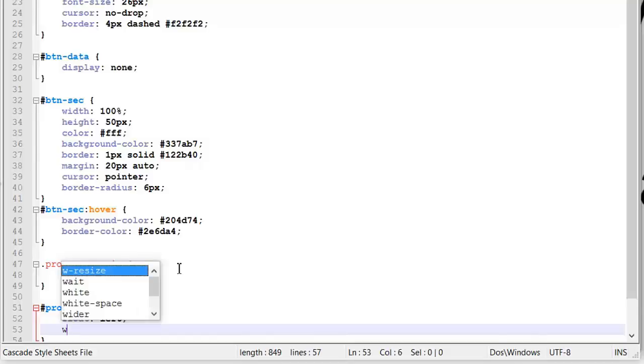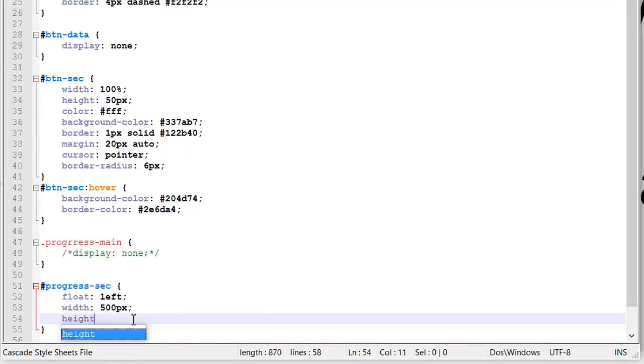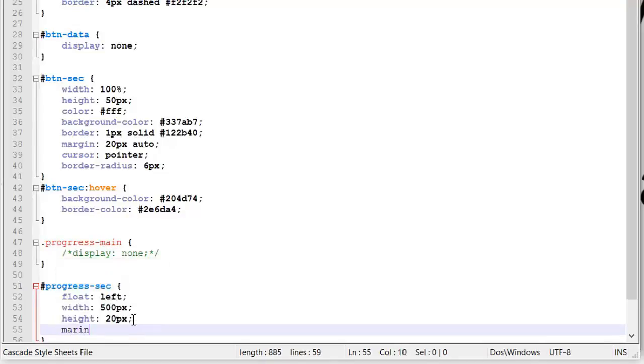Width would be, let's say, 500. Height, we can say 20 pixel. Okay, no problem about that. We also want to give the margin bottom 20 pixel,